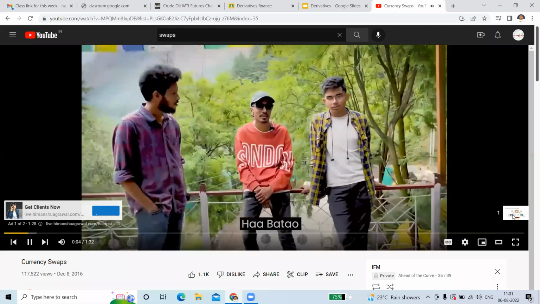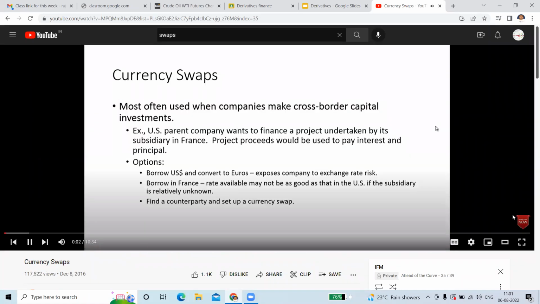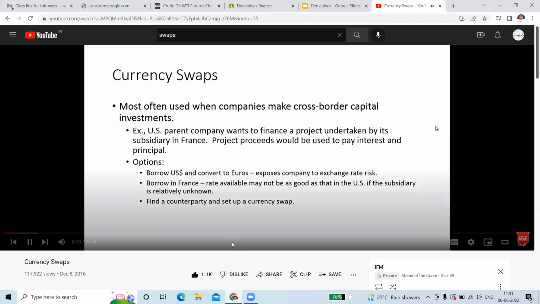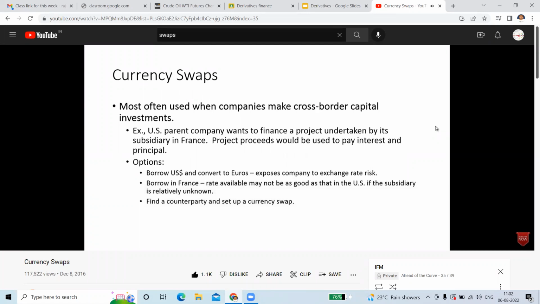Let's discuss the concept of a currency swap. Now, in a previous video, I discussed interest rate swaps, and interest rate swaps are relatively simple because in most cases you don't need to exchange the principal, it's just exchanging the cash flows, a fixed rate for floating rate. Now, this is going to be different because we're going to be dealing with 2 different currencies, and we're going to have more options in terms of the possible interest rates or cash flows that are exchanged.